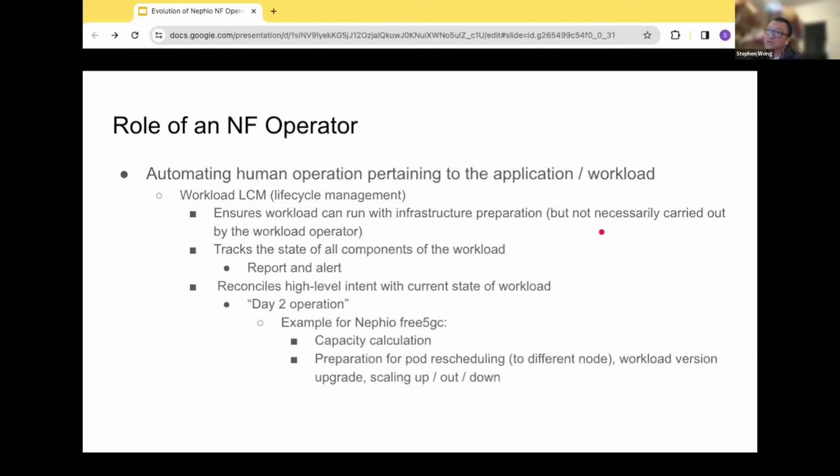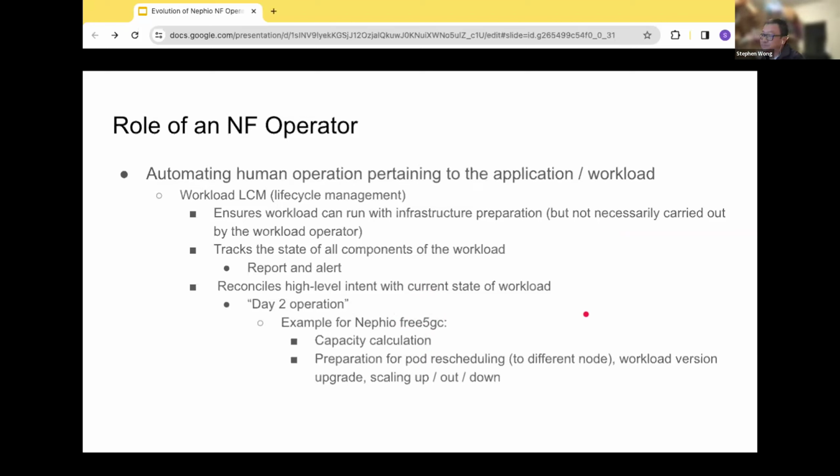But the life cycle also goes beyond whether or not you meet the intent. You have to see the health of your applications. So in that case, if a pod gets rescheduled to a different node, you also have to make sure that that node actually is prepared to take on this newly rescheduled pod. Because again, with free5GC, that means just one pod per network function. In that case, we want to make sure that the NAT is already loaded when you go into the different node, and then all the corresponding binaries and things are installed onto the node, right?